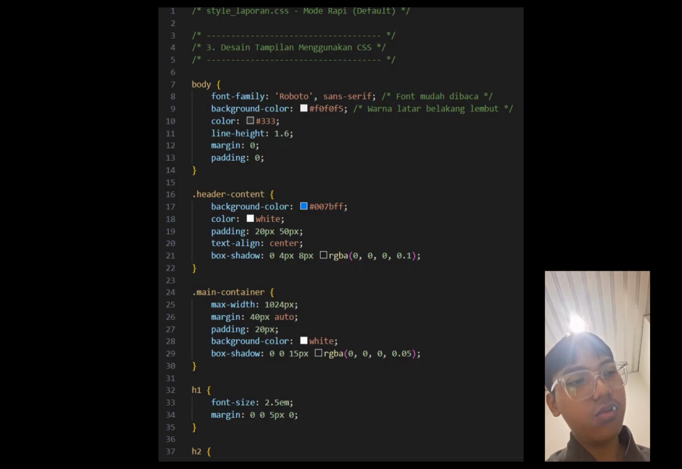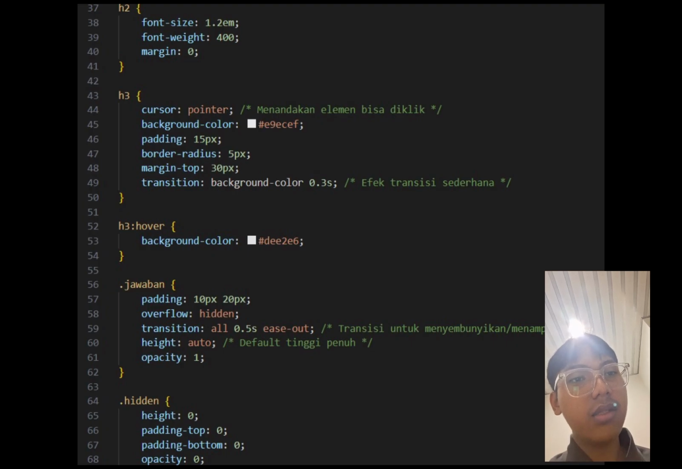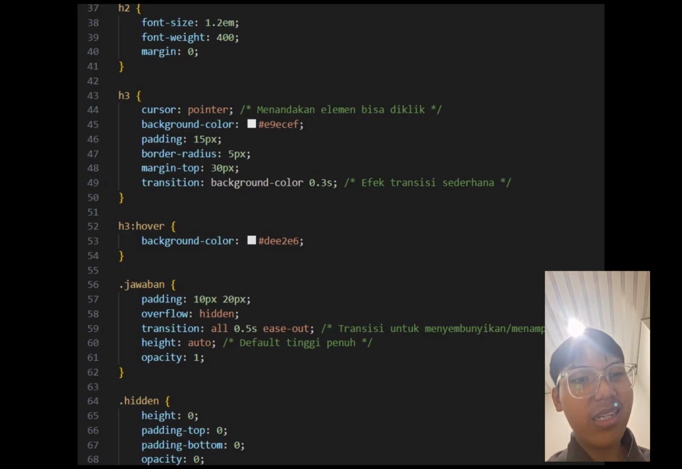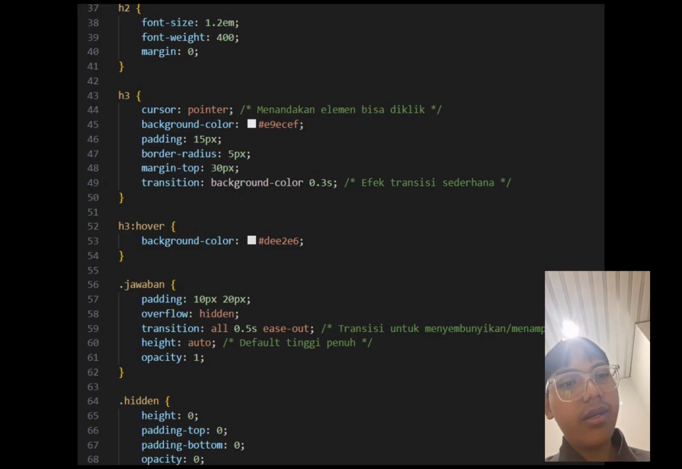There's a font size to adjust the size of the font. We use 2.5 centimeters and margin 0.05 pixel 0. Then H2 is set for editing the text in the H2 function, like so. There's a font size again, the font weight and margin. And then next to H3 there's a cursor pointer. It marks that the element can be clicked, and background color and padding and border radius, margin top, and transition